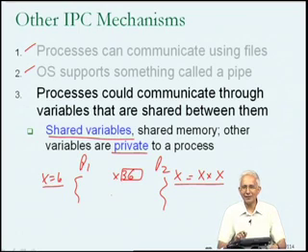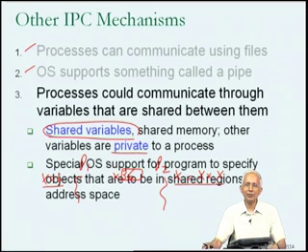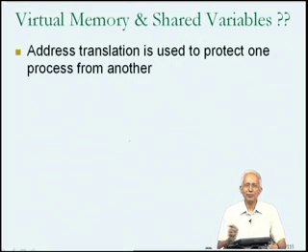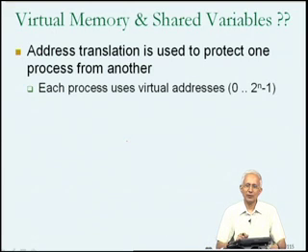The only problem that we have with this idea is because we have until now been talking about virtual memory, in which the objective of having virtual memory and address translation was to protect one process from another, and we were explicitly trying to make sure that one process could not access the variables of another process. Right? So our understanding was that the operating system set up things so that each process uses its own virtual addresses.